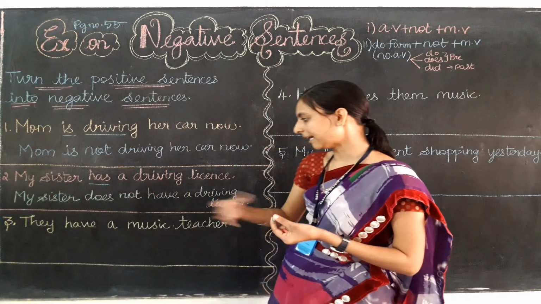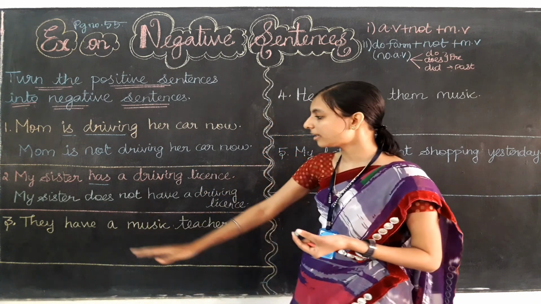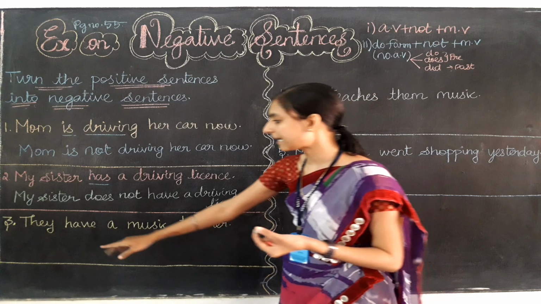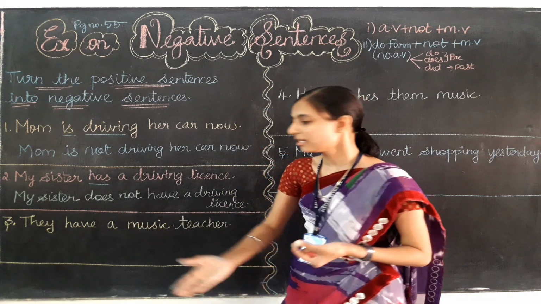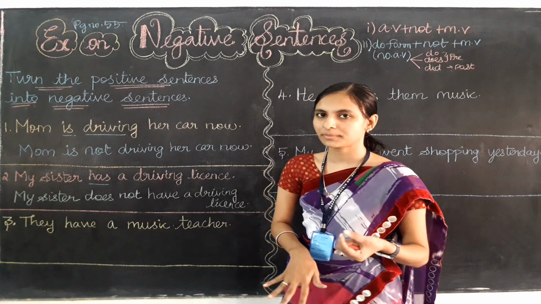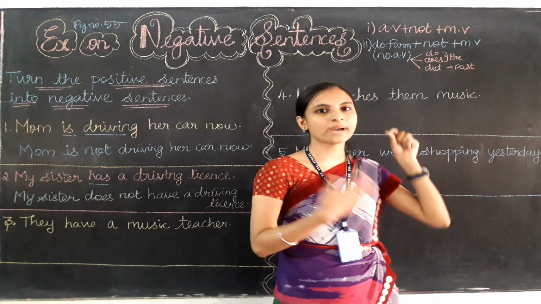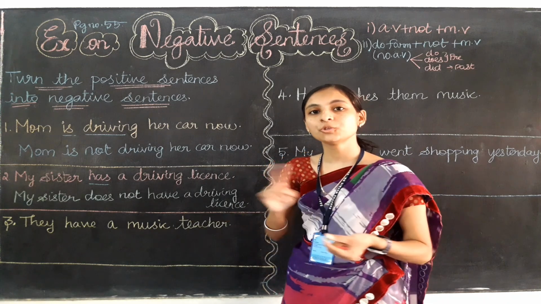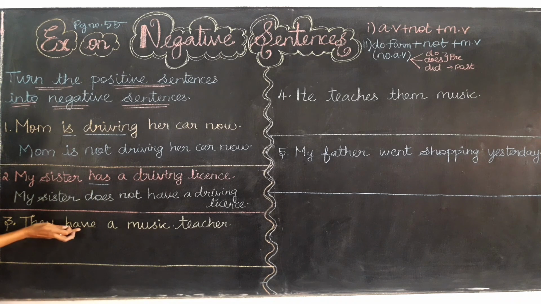So can you tell me whether the verb have is acting as an auxiliary verb or the main verb? Yes, it is acting as a main verb because we can't see any other main verb here. So the have itself acting as a main verb means we need to apply the second rule, no auxiliary verb. Then we need to use do form verbs. Have is a present time verb only, so the answer will come in the present time only.